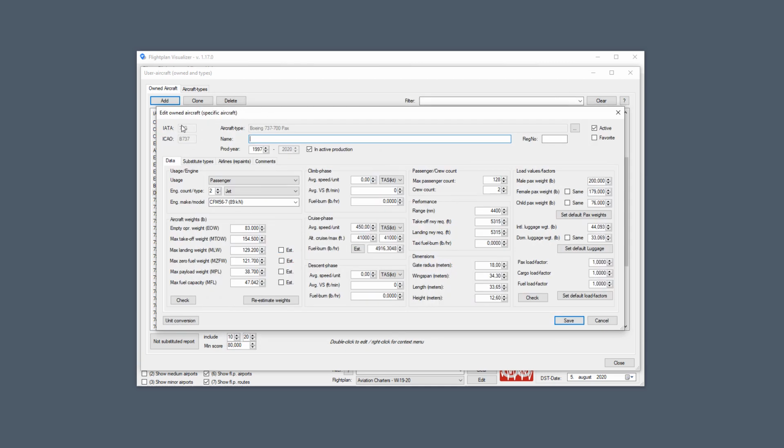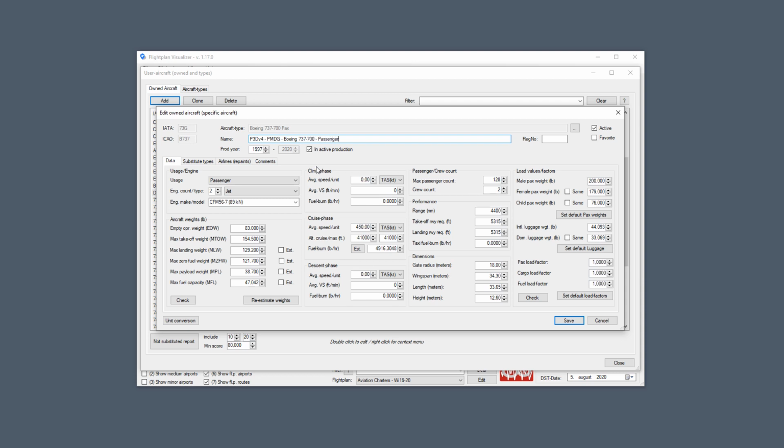And you can see that from that type, it has the type name, and it has the IATA code and the ICAO code. It's not something you can enter. It's locked because it's based on that type. However, you are able to enter the name yourself. And as I just showed, the way I name them is, I say P3D version 4. I have still not updated to version 5. And I would say it's a PMDG, and then a Boeing 737-700